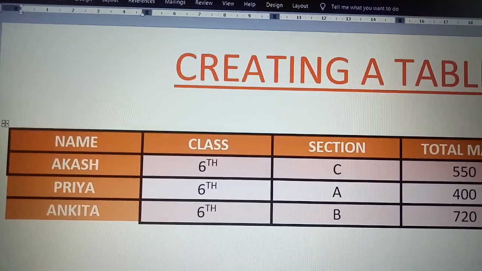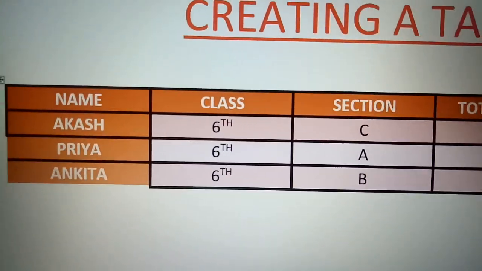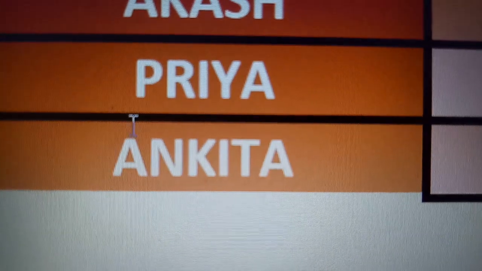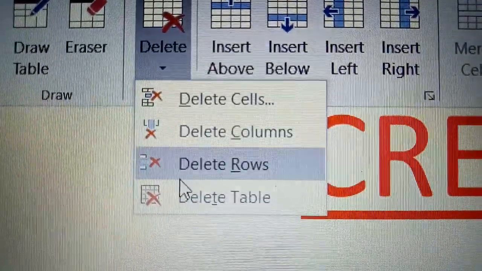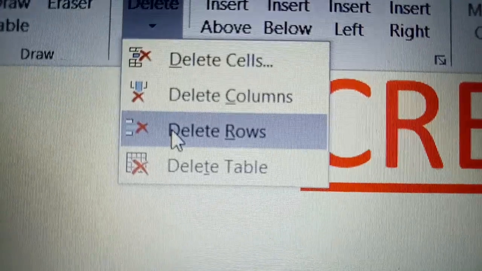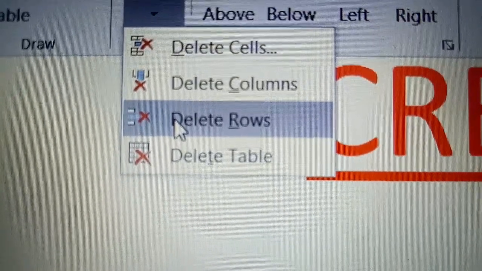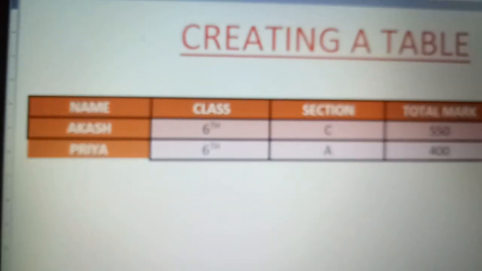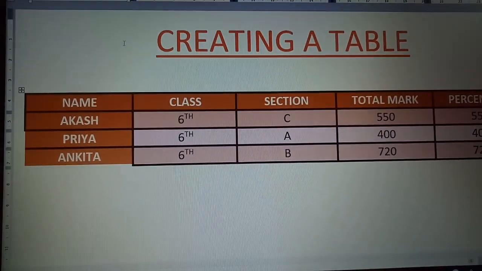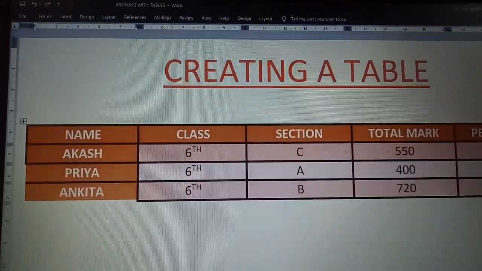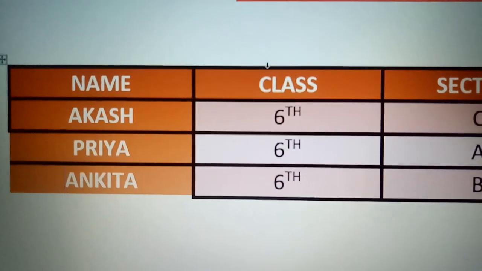As usual I will put the cursor in the last cell, and here the cursor is visible, just to the left of the alphabet A. Then I go to Table Tools, Layout, click the Delete option's down arrow, and since I want the entire row deleted, choose Delete Rows. It is deleted. If I want to get it back, Ctrl Z is for undo, and it comes back again.